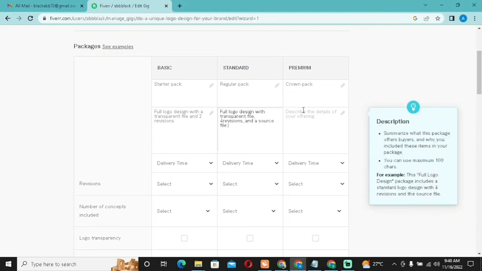Okay, and then I come to the crown pack, the same thing. I make this the maximum. You want to make this a maximum. You want to ensure this is higher than the rest. Full logo design